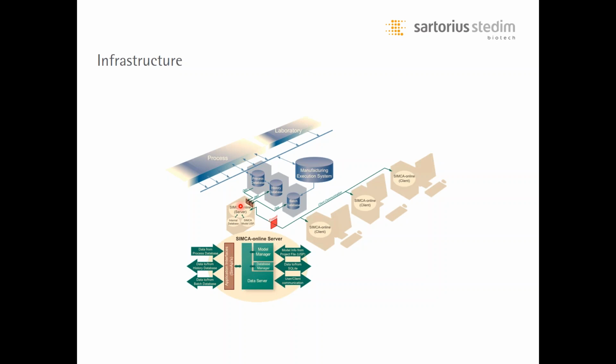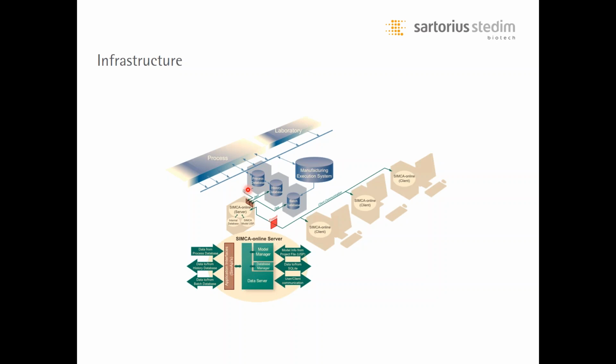The connection between Simca Online and the process database takes place through a so-called SIM API, which is an interface between Simca Online and that particular process database. And there are a number of different SIM APIs available, and you can also have multiple SIM APIs running at the same time, so that you can actually pull data from the process